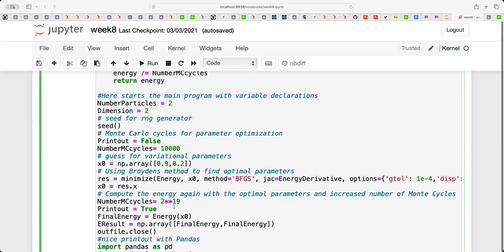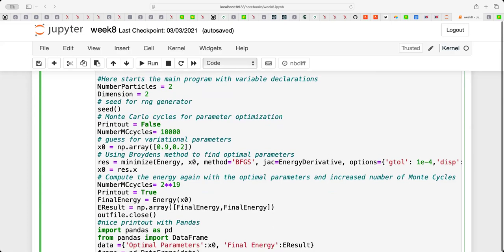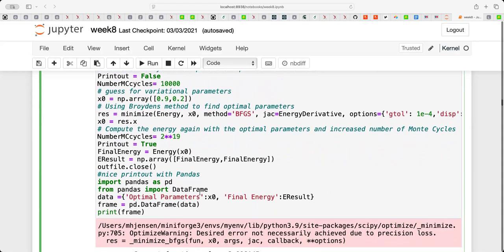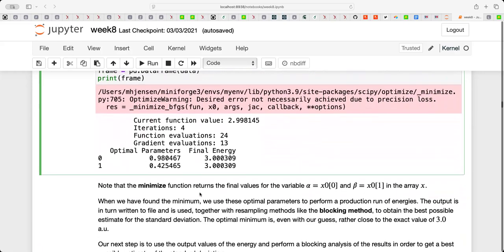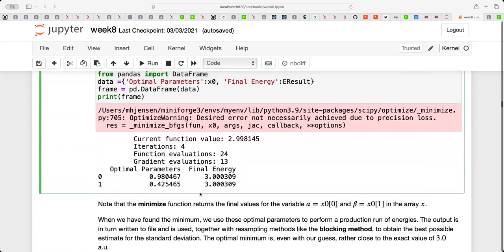And in this case, and you will see later why we do this in powers of 2, in base 2, because this is something which is tailored to this blocking method. So here I could run millions and billions of Monte Carlo samples, and then I spit everything out to file. And the write out to file here is something which I will later use in an evaluation with resampling techniques, which we have to discuss now.